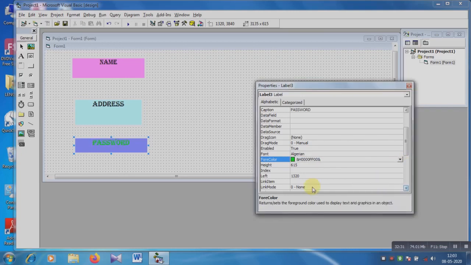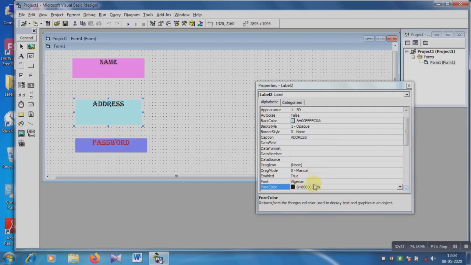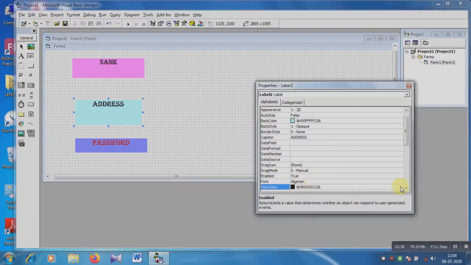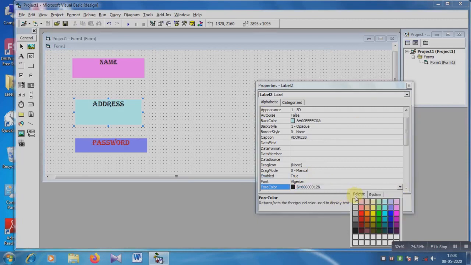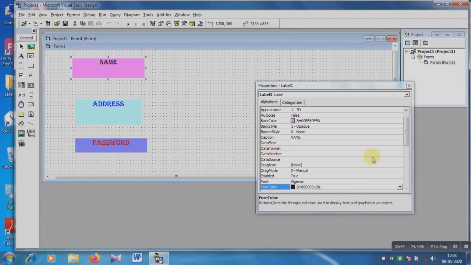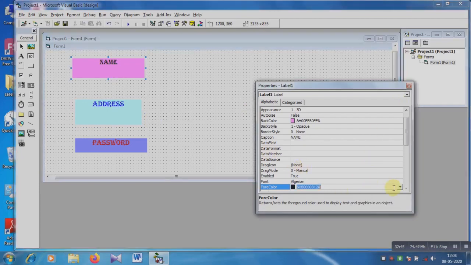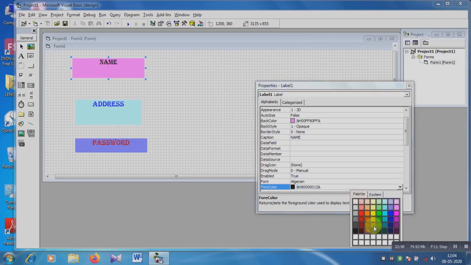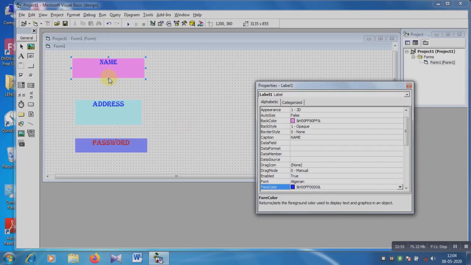Font color, suppose for address the font color is blue, and for name the font color is blue also.